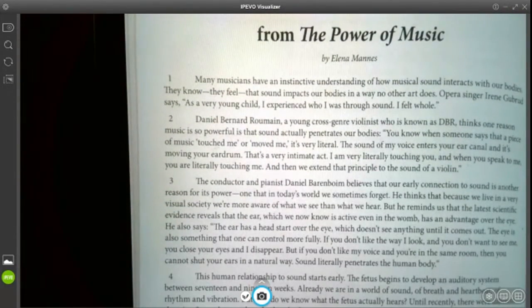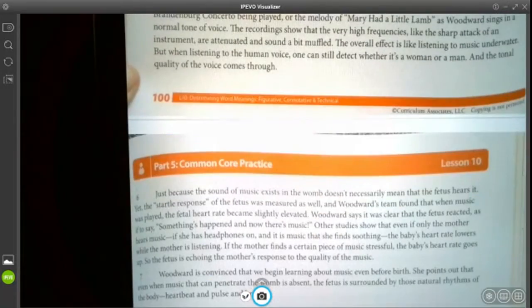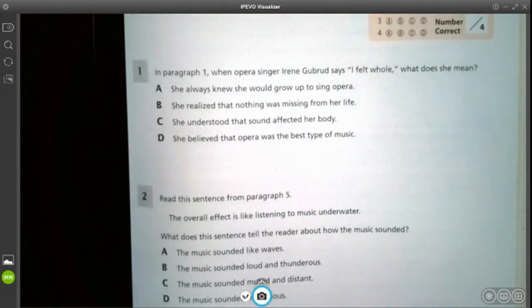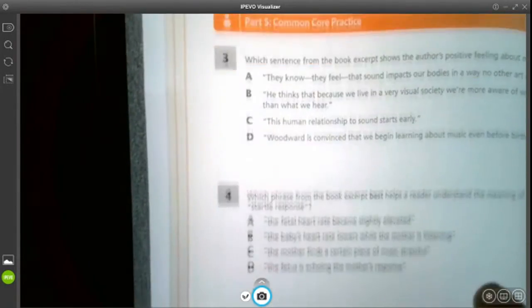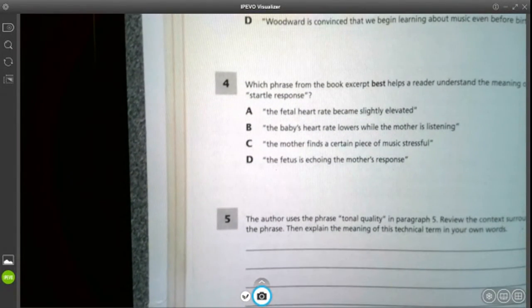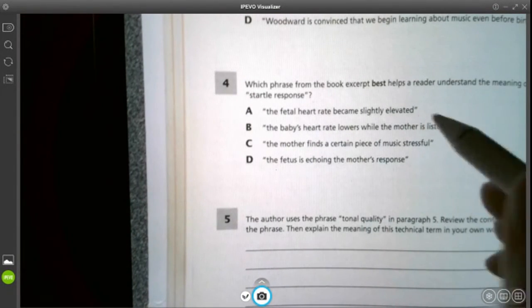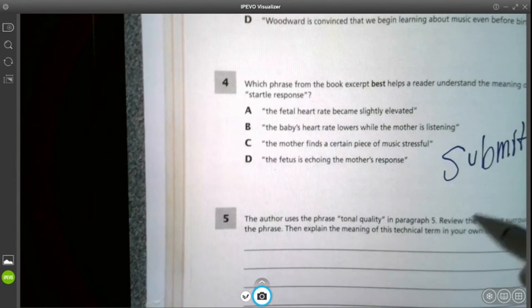Then you'll read The Power of Music, which is a little bit longer. It is 7 paragraphs. It's not too long, but there are 5 questions with this one. So answers 1 through 4 are multiple choice, and then number 5 is another multiple choice. If you will submit all of these and submit the Google form,